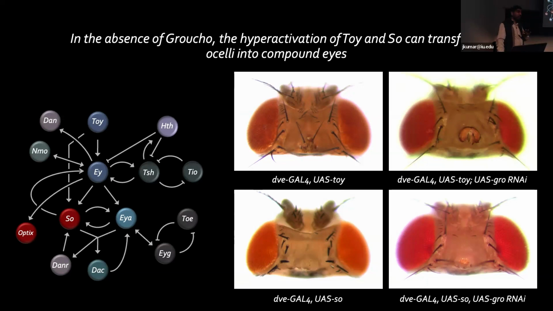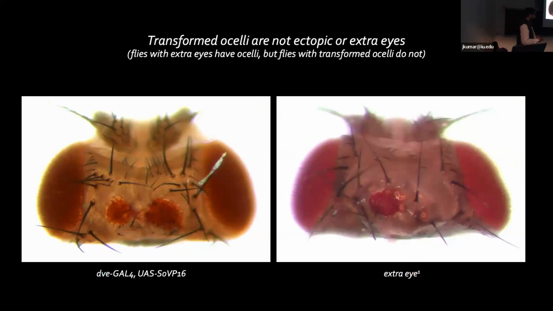So the first thing is, it's not real proof, but it's more anecdotal information. There's a mutant that Jim Price had identified many years ago, and also Bill Stark had identified it before him. And it's called extra eye. And that extra eye mutant has, as its namesake, an extra compound eye within that dorsal head vertex. But what you can see is that when you have that extra eye, you still have your 1, 2, 3 ocelli. So those 2 structures can inhabit the same physical space. You don't have to lose one at the expense of gaining the other. But that really isn't proof.